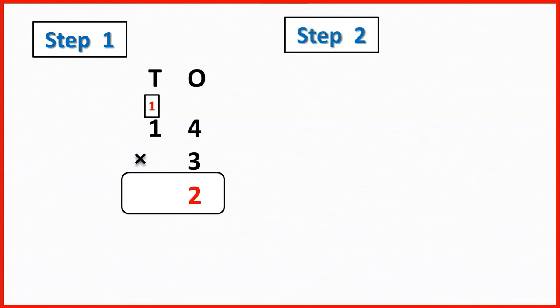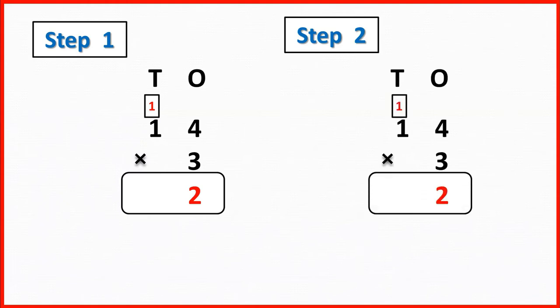Step 2. Now he multiplies the tens. 3 ones are 3. But Adil remembered the 10 he has converted from the ones. He adds this to his answer. Now 3 ones are 3 and add 1 ten. So the number comes to 4. So the answer is 42. That means Adil has 42 sweets.